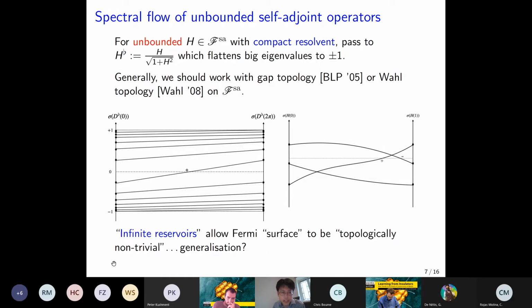Right. So the key conceptual point is that the presence of essential spectrum, or in other words, infinite reservoirs of eigenvalues, allows for the situation when a Fermi surface is topologically non-trivial. Okay. So in this simplest example, the Fermi surface at a particular energy is just a point. Okay, but it's not just a point; it's a point with a sign, depending on how the eigenvalue is flowing across it. If you don't have the infinite reservoir, then what goes up must always go down. Okay, so you have 2 points in a Fermi surface with opposite signs, and in some sense, its homology class is trivial.